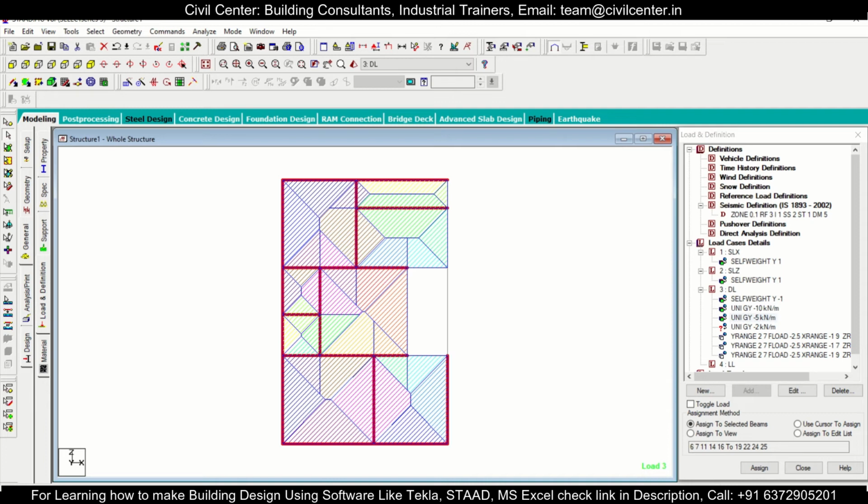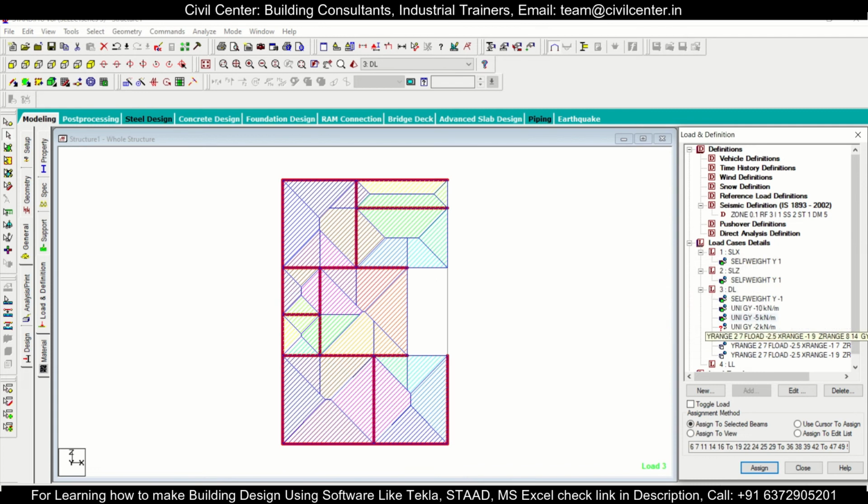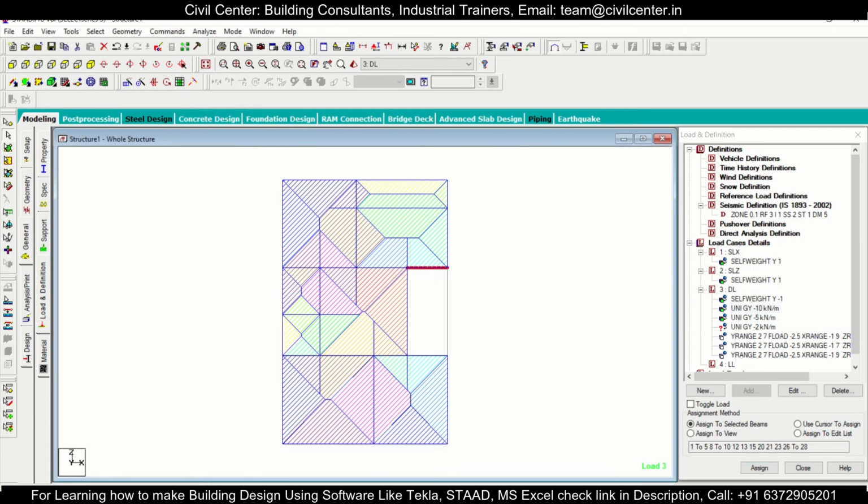so we want to have the 5-inch wall for all the walls except the staircase walls. In some places in the external walls you'll have the 10-inch walls in the top floor as well. You have to apply accordingly. So we'll assign to selected, and then yes, and then again you'll select the 10-inch wall load. And for the staircase one, let's assign the 10-inch wall load,